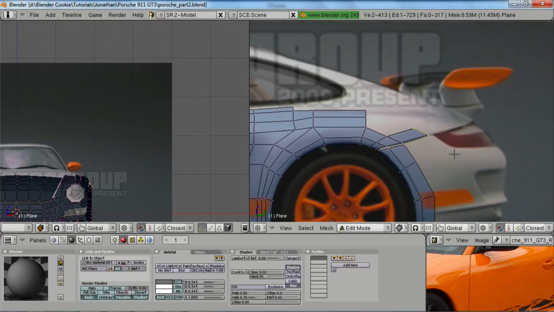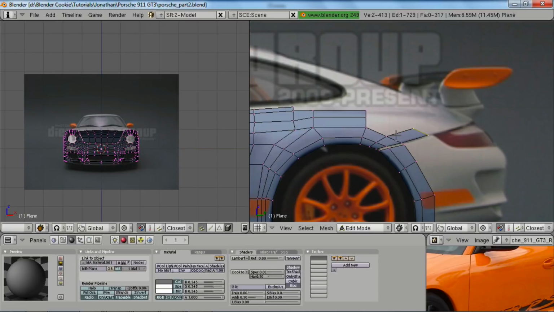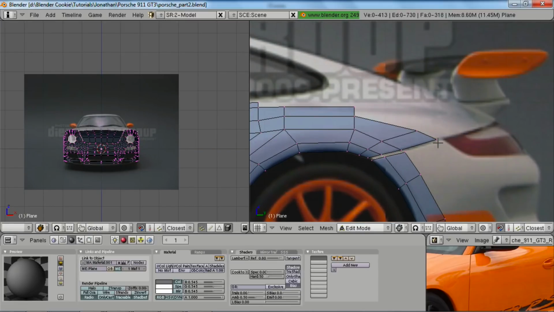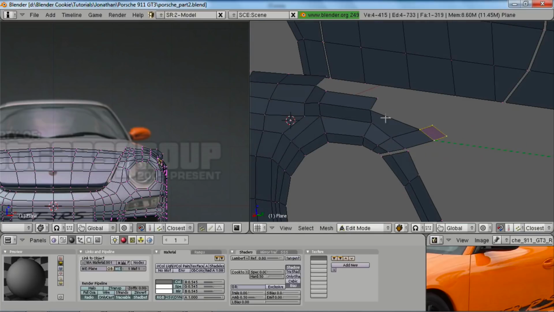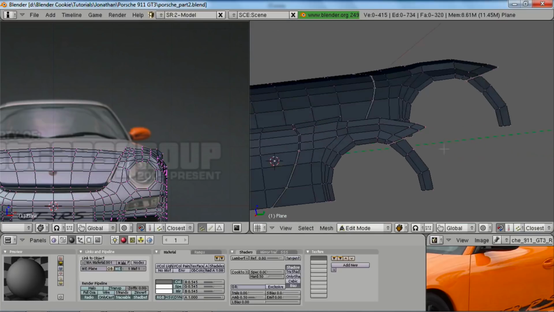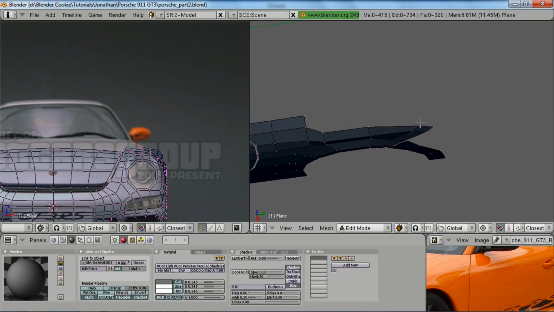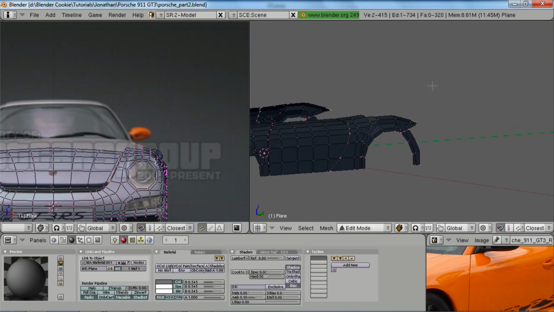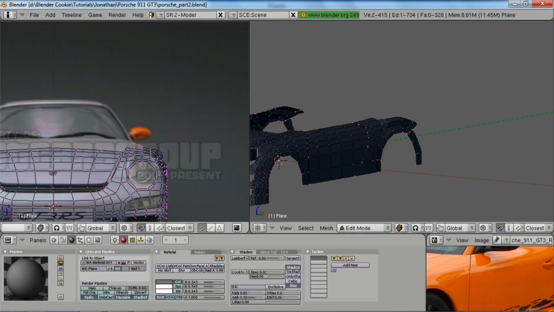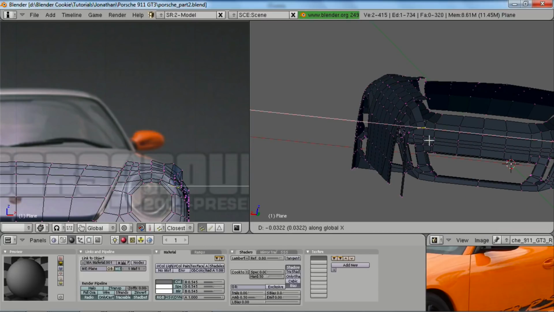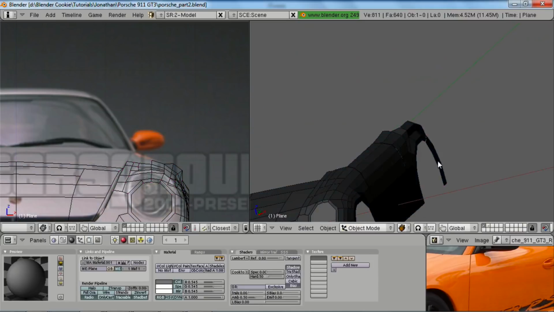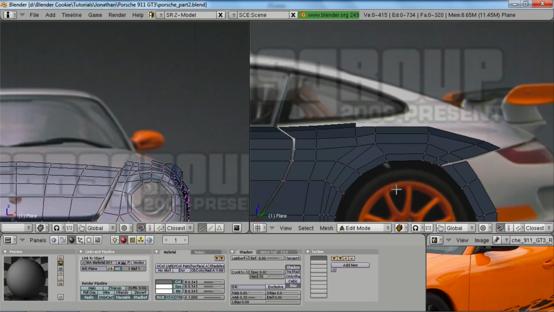Okay. Now I'm not going to worry about the back end any further than this yet, because when we do that, we're going to want to pull in another reference from the back that will allow us to get things more accurate. But I will extrude it once more and pull it back a little bit, and we'll pull this one back just a little bit, just so that we can fill in the rest of the loops that we have. Okay, so we'll pull that back a little bit more. Make sure this is pulled back enough, just so we're starting to get that curve there. Okay, but we're not going to go any further than that with it, because I want to go ahead and